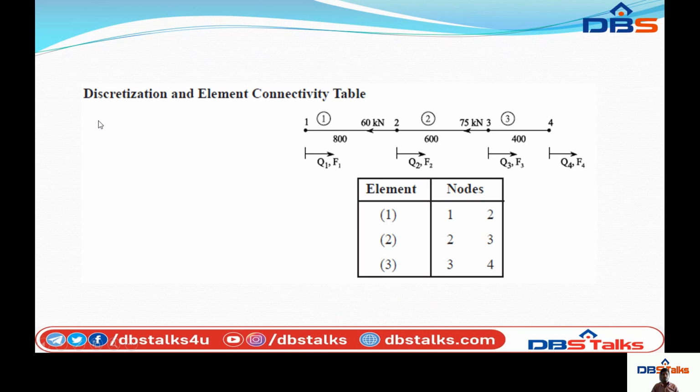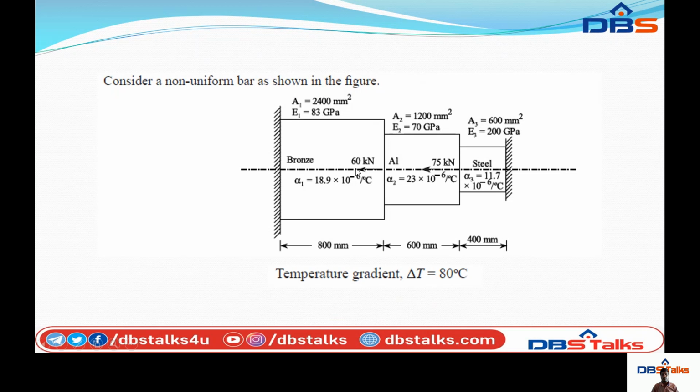Coming to step 1, what is discretization? Discretization is nothing but dividing the structure into a number of elements or nodes, by following factors like type of element, size of element, and location of nodes. These are all the factors affecting the discretization process. First of all, they gave the point loads, acting in reversal form, that is, opposite to the direction of acting, at node 2 and node 3: 60 kilonewton and 75 kilonewton.